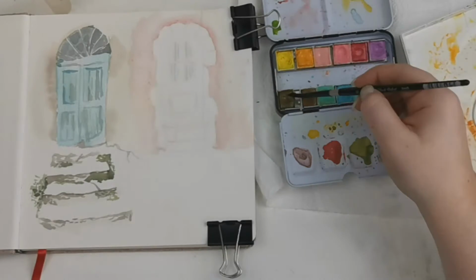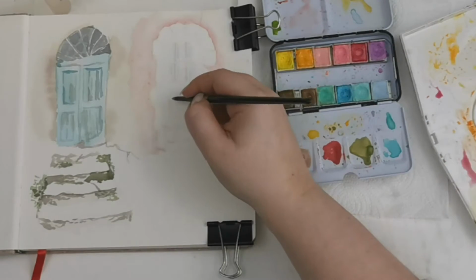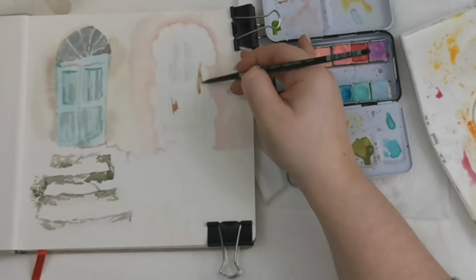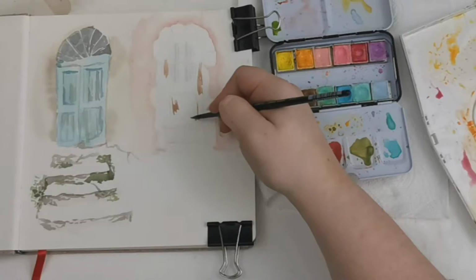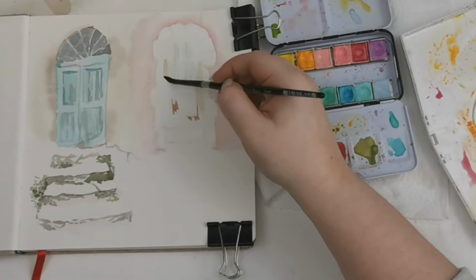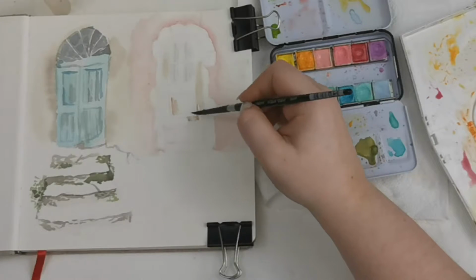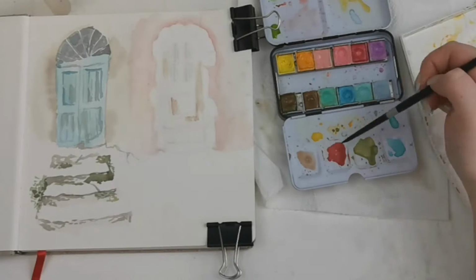Most watercolors are transparent, and that gives you the ability to layer and glaze. Glazing is one of my favourite things to do with watercolor. You wait until the layer that you have just put down has dried, and then you get another batch of watercolor on your paintbrush. It doesn't have to be the same colour, but I like to do this with the same colour and with shadow colours such as purple or blue,